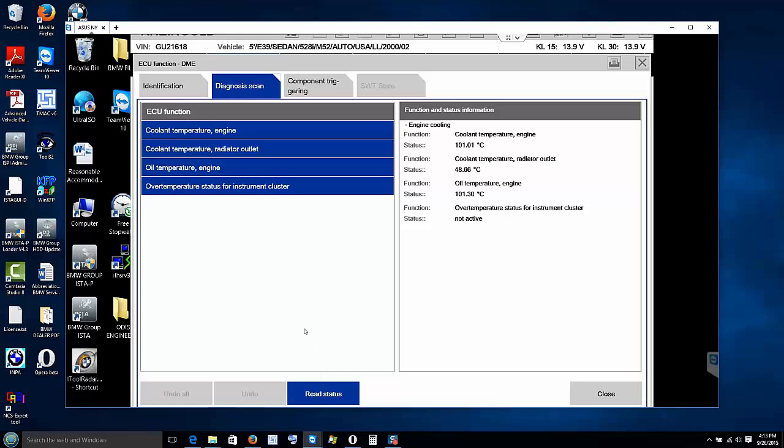You see the values? Okay, I see. The coolant temp, radiator outlet, is 49 centigrade, and coolant temperature engine 101, and so on, and oil temperature for the engine is 101. So usually when you pull up a fault code on something, you can go into the ECU